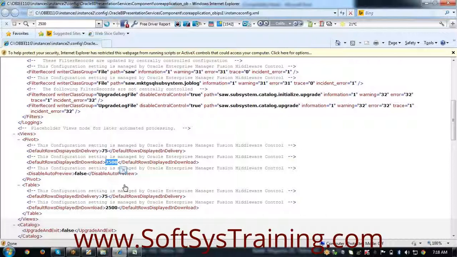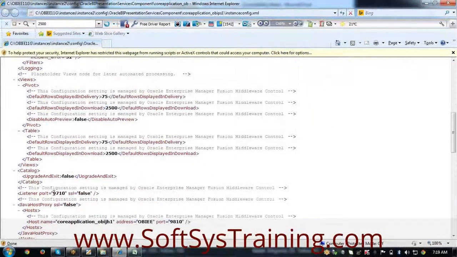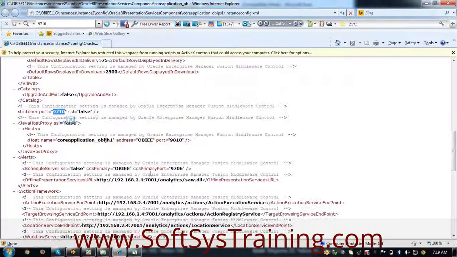And internally, the server listens to a port at 9710. And internally, the core application Java host is listening to a port at 9810. The scheduler server is listening to a port at 9706. You see that?